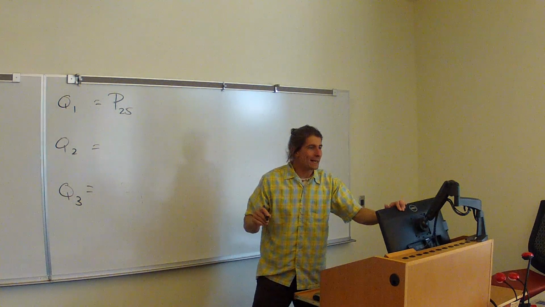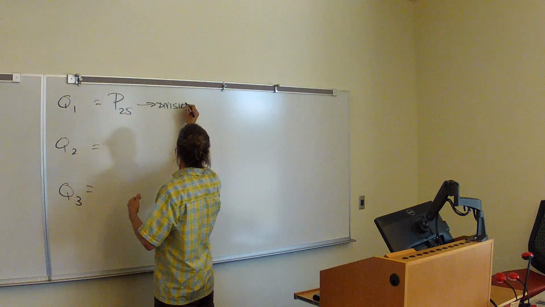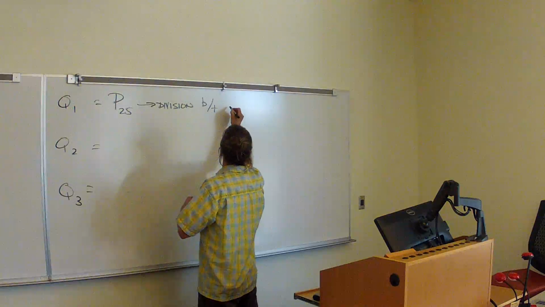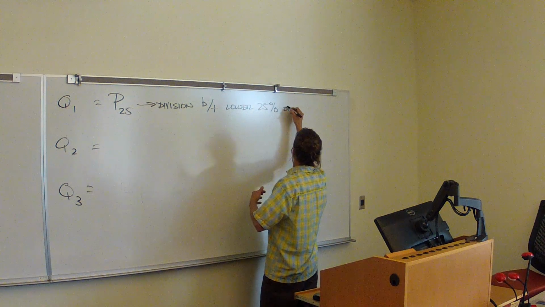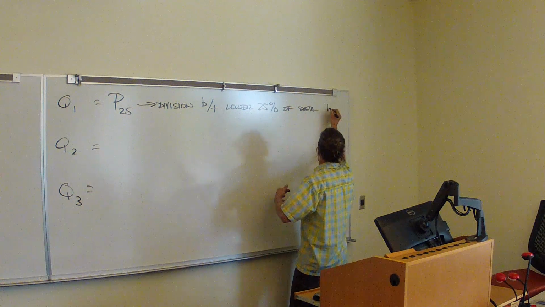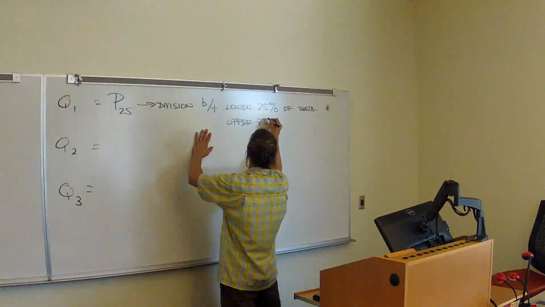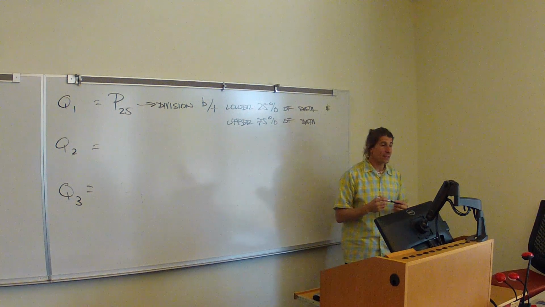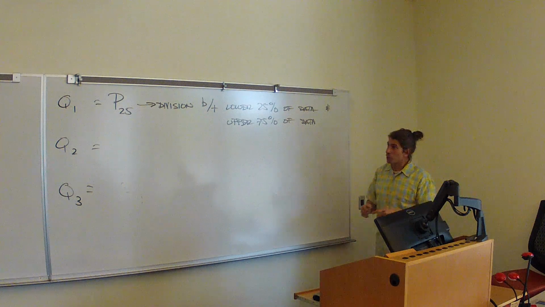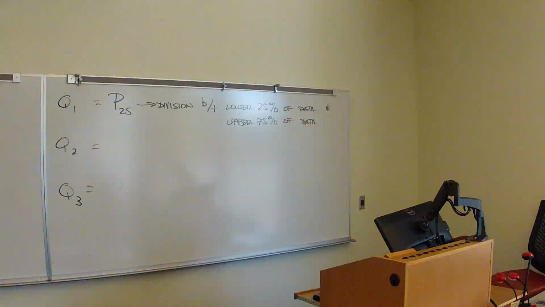So essentially, what it is in words, it's the division between the lower 25% of the data and the upper 75% of the data. It's just a marker. So if the 25th percentile for head girth is, say, 36 centimeters,